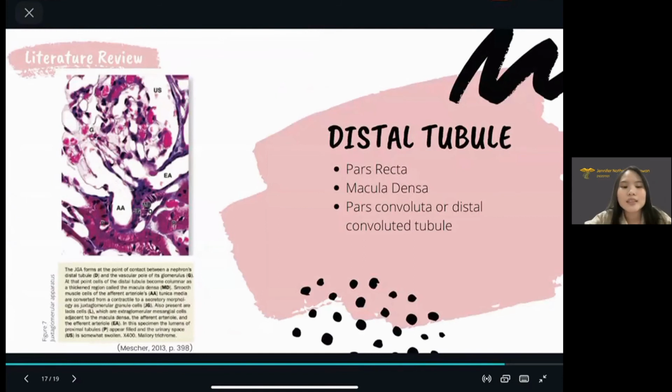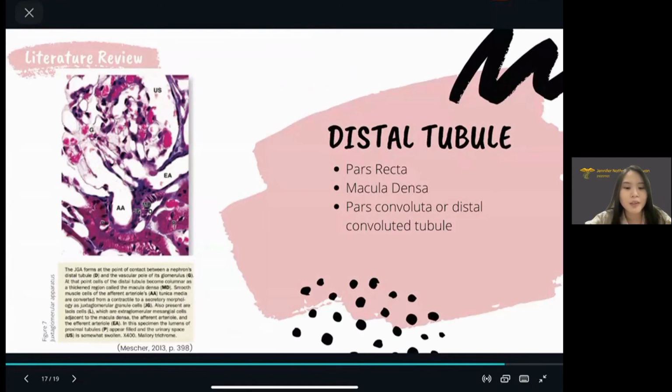The third one is the distal tubule. Continuing from the ascending thin limb, the ultrafiltrate now moves into the distal tubule. The distal tubule is made up of simple cuboidal epithelium and has shorter microvilli than the proximal tubule. The lumen is also larger and more nuclei are seen in the distal tubule than the proximal tubule.